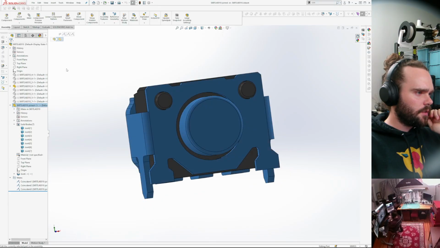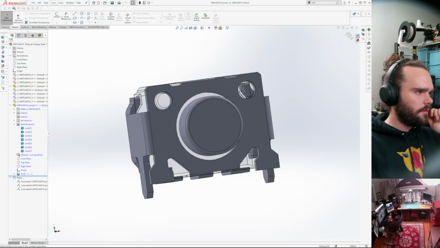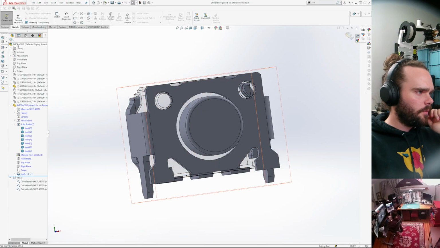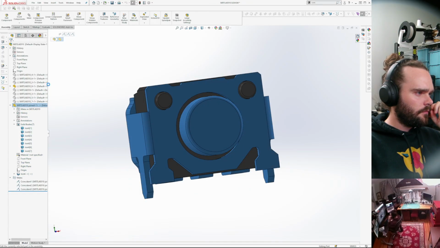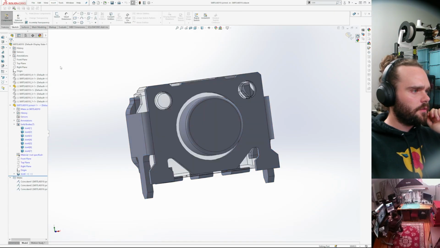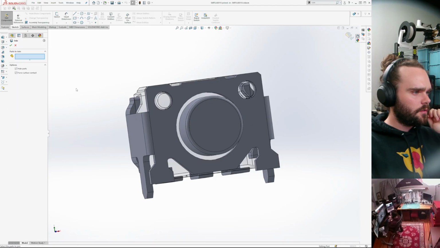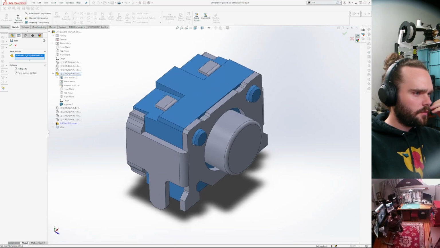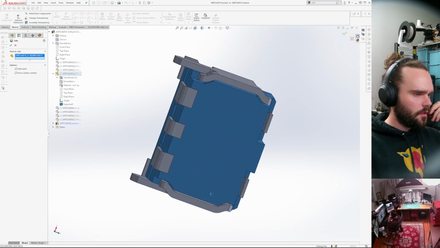I think I can do a thing that's just like import, insert, features, copy. I won't do that. Insert, features, join. Unable to create this feature because it creates zero thickness. Okay.